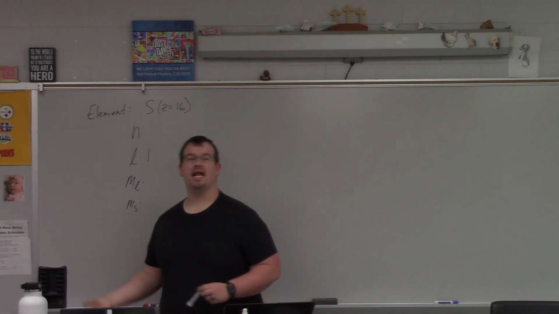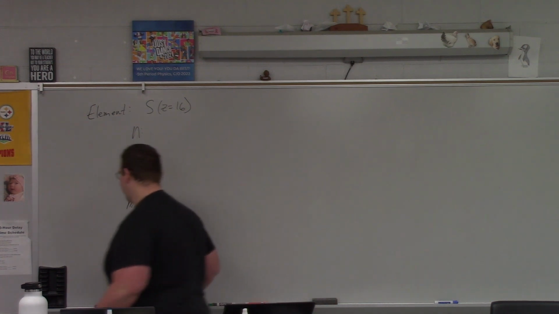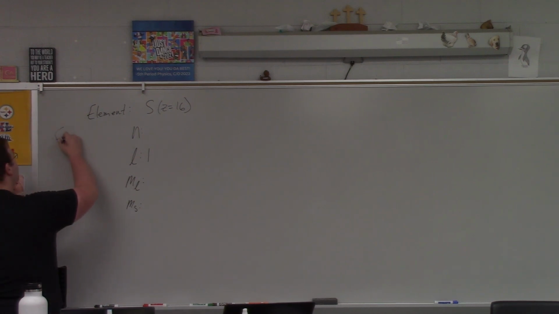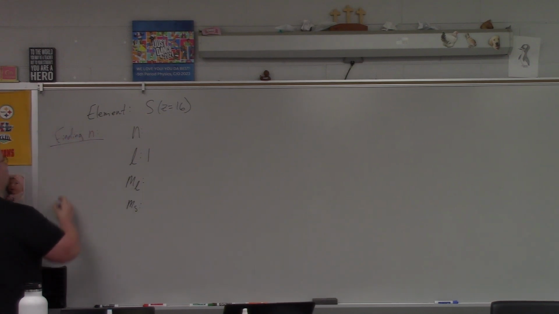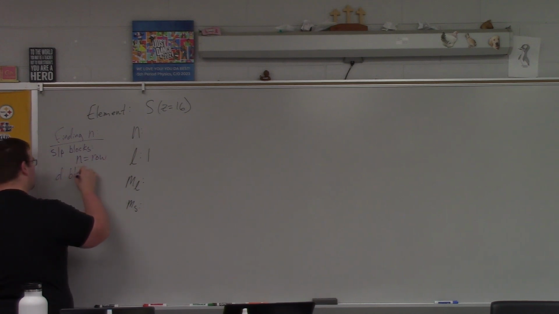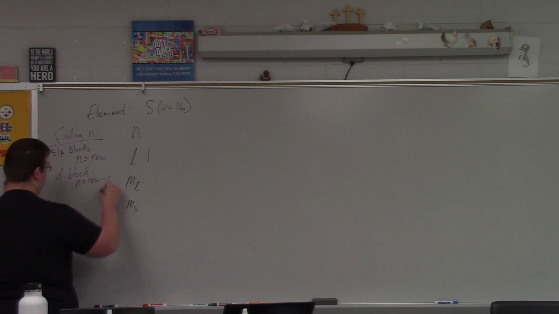This is the part that I wanted to add to the principal quantum number description yesterday, but you guys had no room and that was my fault. When you're dealing with finding N, you have to remember something. For S and P blocks, N equals the row. For D block, N equals the row minus 1. For F block,